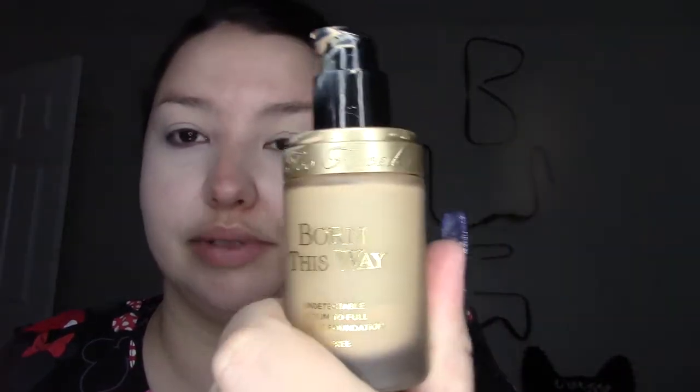So we're gonna use our Born This Way, I almost said concealer, foundation, because it's the only one I have. So if you have a drugstore recommendation, let me know and I will try it, because this stuff is so expensive. It's like $39 a bottle. It lasts a long time though, and I do love it. It is really nice on the skin. It's definitely my favorite foundation I've tried,